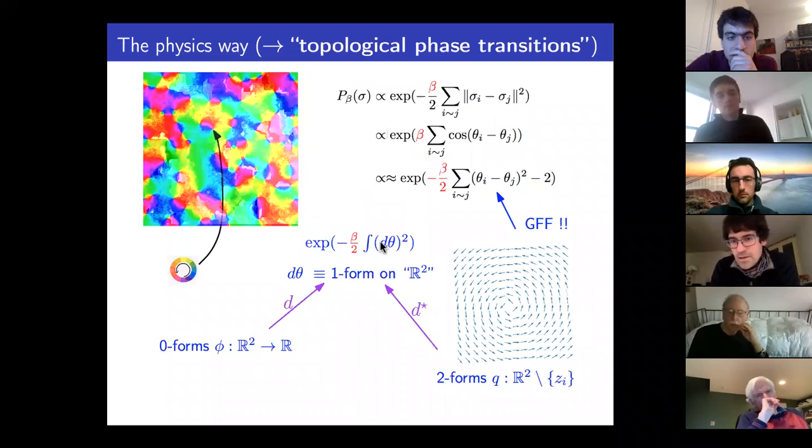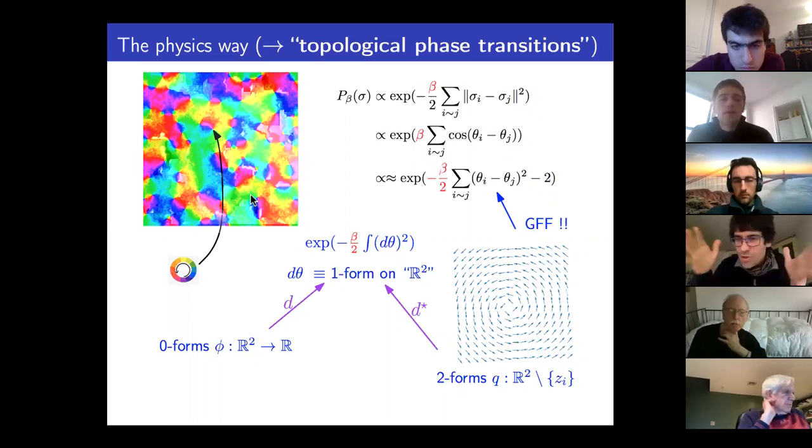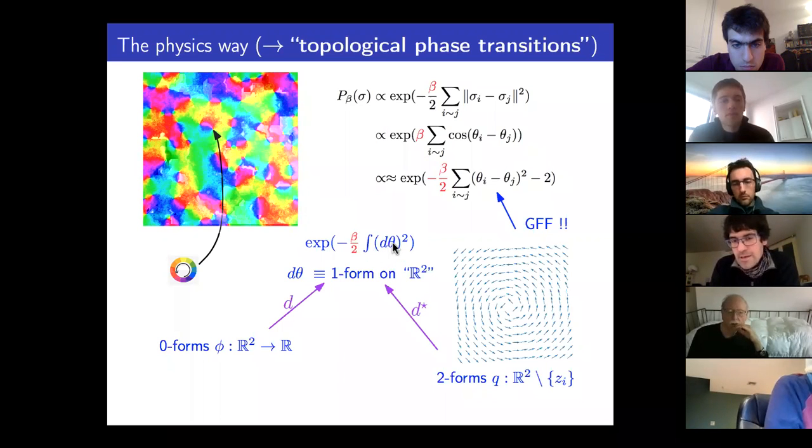did, which is to think of this probability measure on the system, not quite as a probability measure on the angles, on the function on the vertices, but rather to think of it as a probability measure on the one forms, on what are the gradients, what kind of randomness you put on the edges of the graph. And I will not give a lot of detail, but if you now think of it as a Gibbs measure